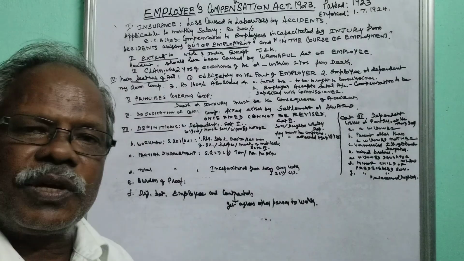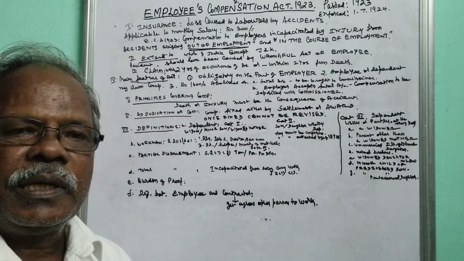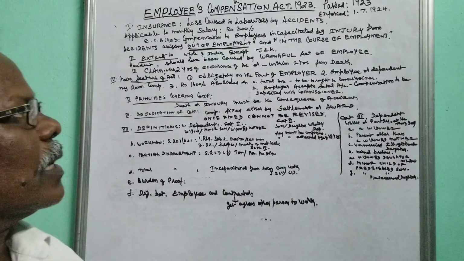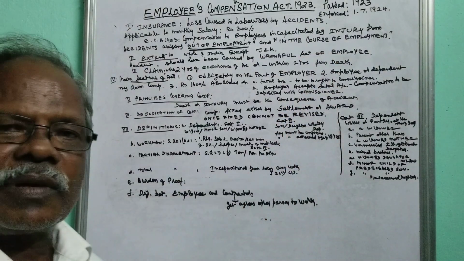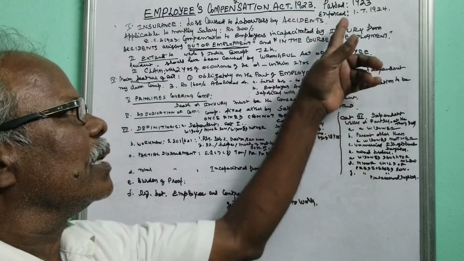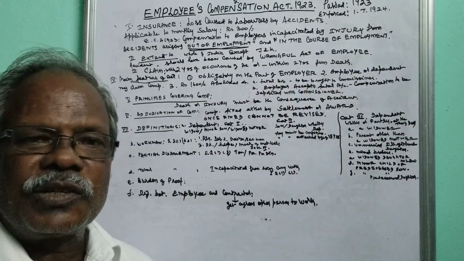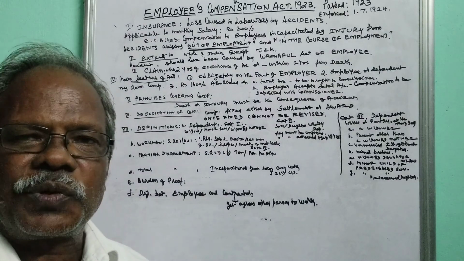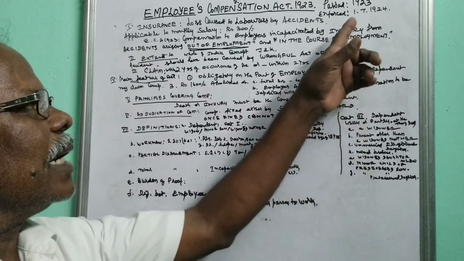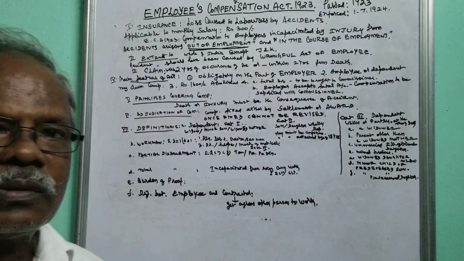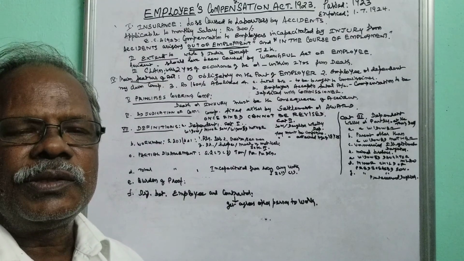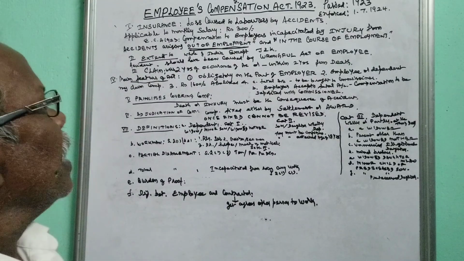Today in this video we are going to discuss the Employees Compensation Act 1923. This act was passed during 1923 and came into effect on 1/7/1924, or the act was enforced on 1/7/1924. So the main objective of the act is to ensure the employees against